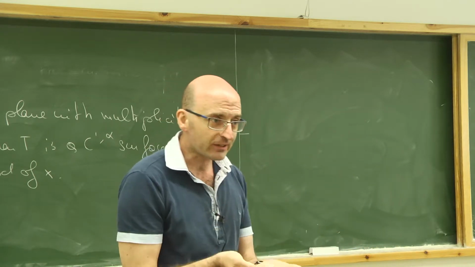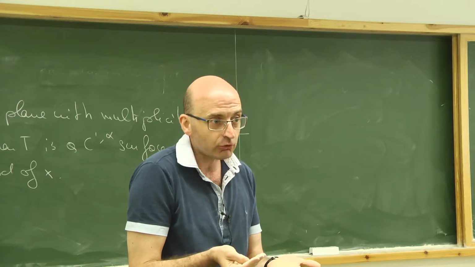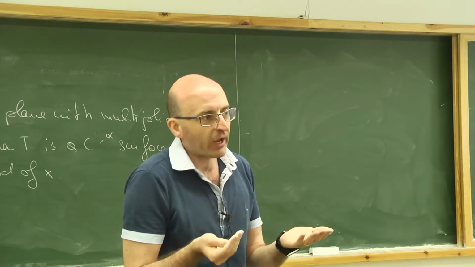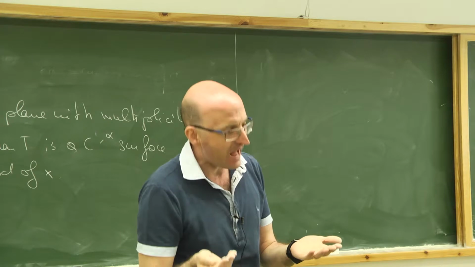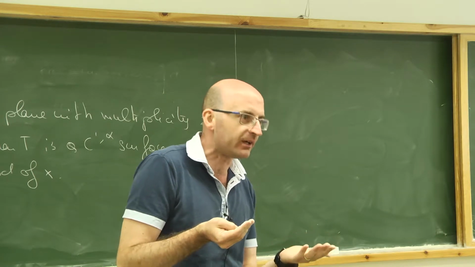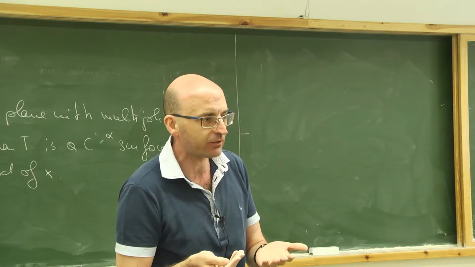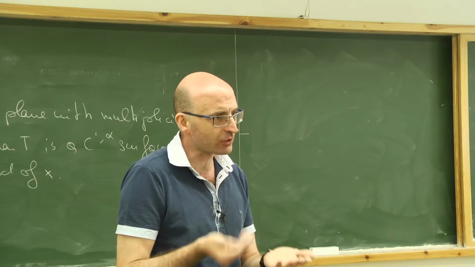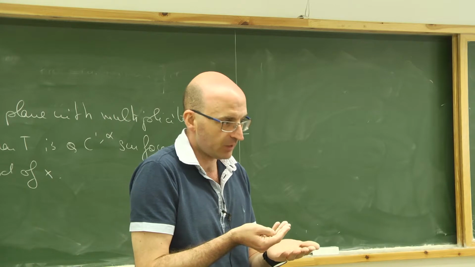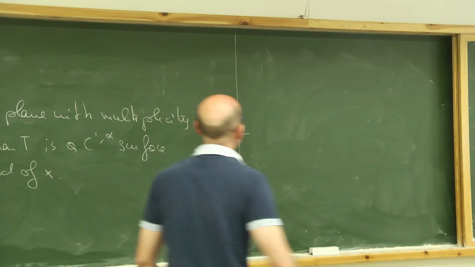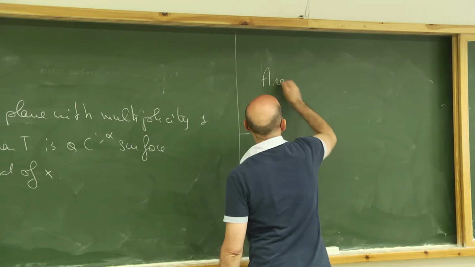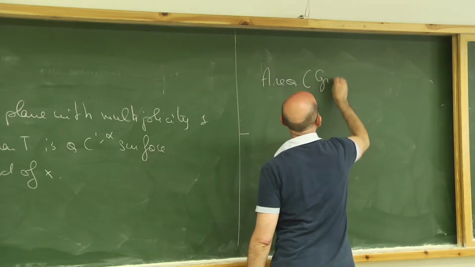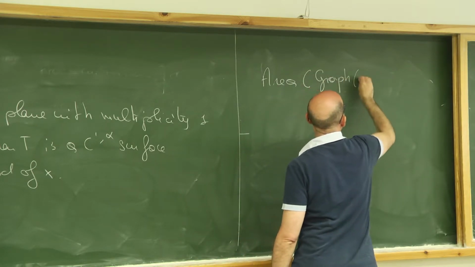When you are sufficiently flat in average, which is something that you still have to prove, but assuming that, if you were a graph of a function, this function would have small gradients. Now, the area of a graph of a function f